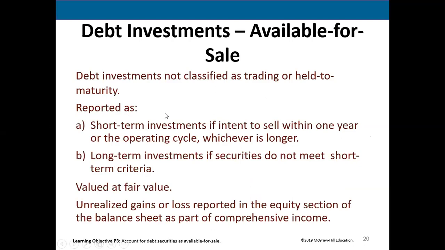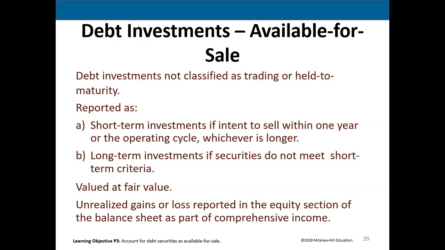Now, debt investment is in this in-between category. So we saw how we do the journal entries and record debt securities if they're going to be held for a very short period of time. Report them at what we bought them at, but at the end of the year, increase them or decrease them to their fair value, and any difference between what we originally paid for them and their fair value is reported as an unrealized gain or loss on the income statement. When we sell that security in the future, we report actual gain or loss on the sale.